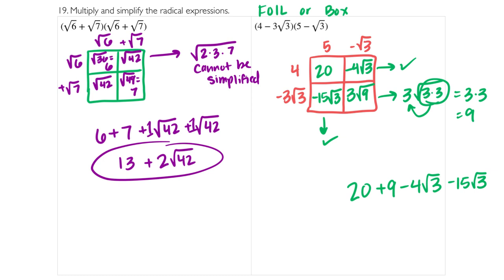Can any of these be combined? What can be combined? 20 and 9. 20 and 9 are like terms, so we can combine them. Okay, the two square root numbers match, right? They're both root 3's. So since they're both root 3's, I can combine their coefficients. Negative 4 minus 15. If you start at negative 4 and you go backwards 15, you land at negative 19 of those root 3's. Remember, the root 3 part